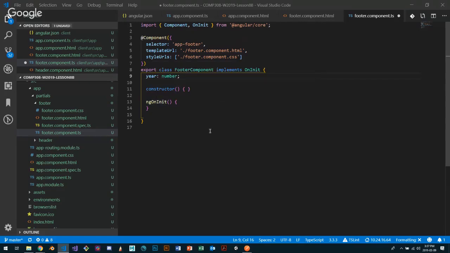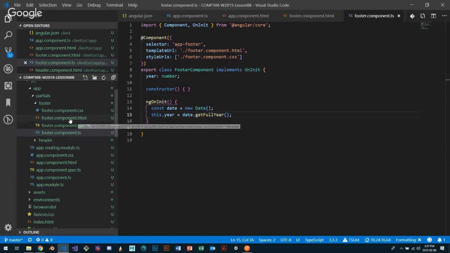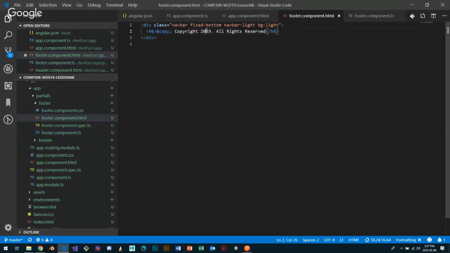It's a special lifecycle method that always works. It starts functioning or is called when this object is called. So this.year is equal to date.getFullYear, which actually is just a built-in JavaScript function that gives us the year, right? And then now that I have this construct here, if I go back to HTML, and if I want to inject the date in here instead of putting a hard-coded year, I can do that with